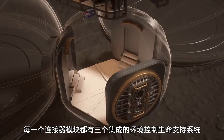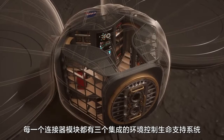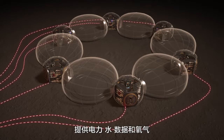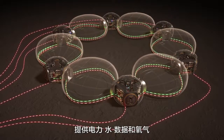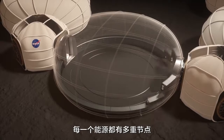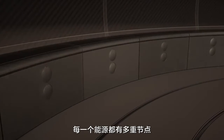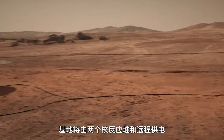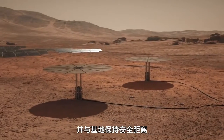Each connector module houses 3 integrated environmental control life support systems, delivering essential services like power, water, data, and oxygen to all the habitation units. A circular conduit delivers these services to multiple endpoints in each pod. The base will be remotely powered by 2 nuclear kilo-power reactors in a solar farm, located a safe distance away